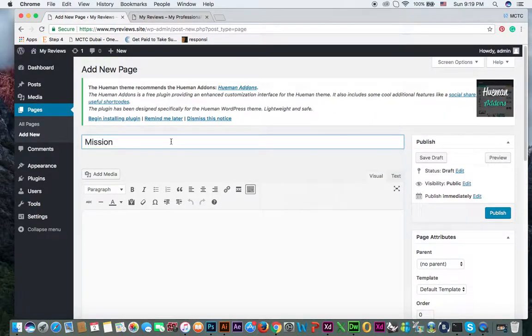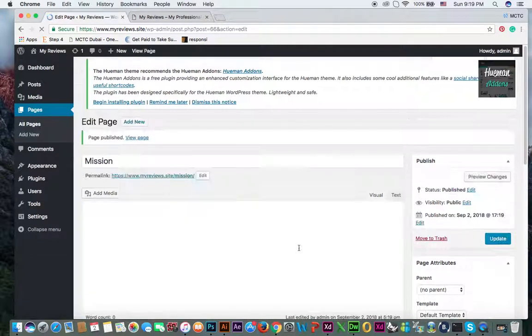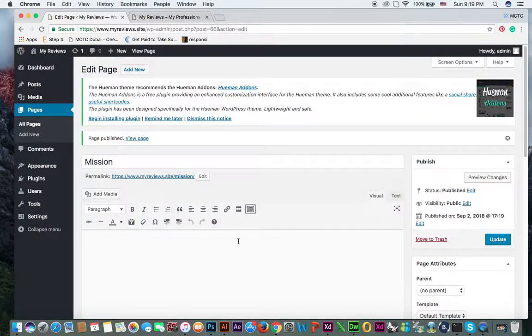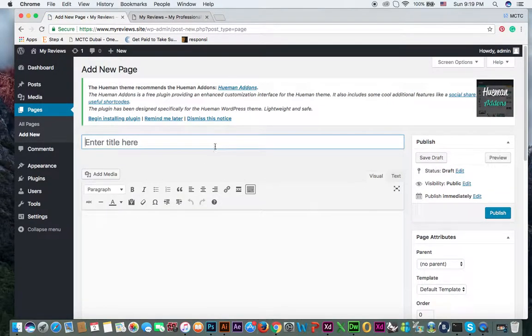Mission, and publish. Right now I'm not using any content because the main purpose is how to make navigation or menu. Then add new, for example, designing. Okay. Publish,